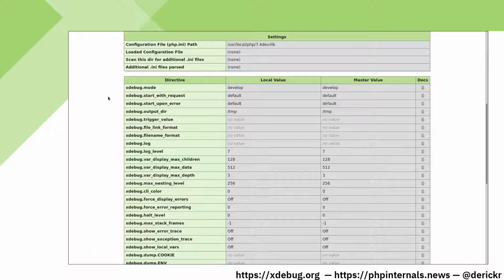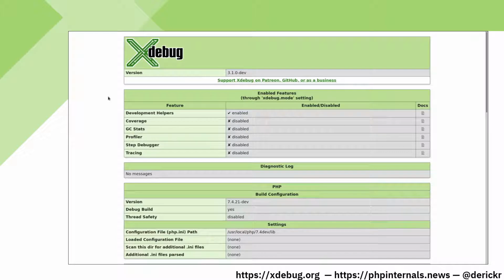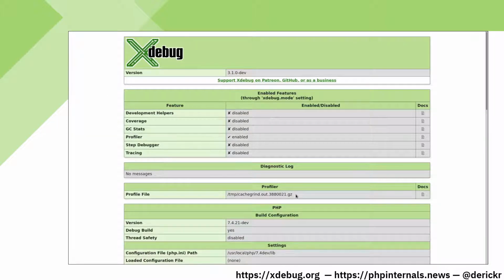The first thing we're looking at is the profiler. Xdebug's profiler can only start when the PHP request starts. It cannot be started during the request. The default for start_with_request is to immediately start always. Let me demonstrate that. I'm modifying my command line to turn on the profiler. When I now reload my test script, you'll see that the profiler gets enabled,